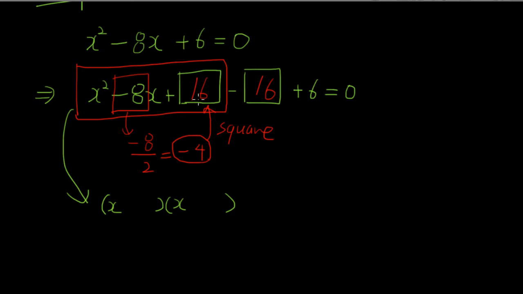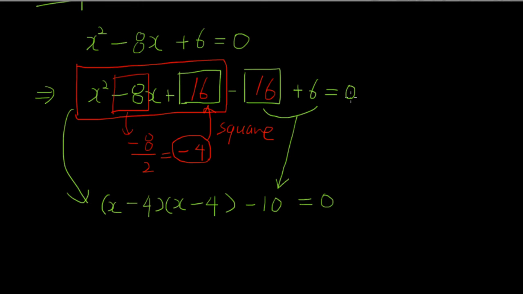Multiplied to be 16, added to be negative 8. Think about it. Multiplied to be 16, added to be negative 8. What are those 2 numbers? Well, they are negative 4 and negative 4. Yes. And these 2 combined together, negative 16 plus 6, so that must be negative 10